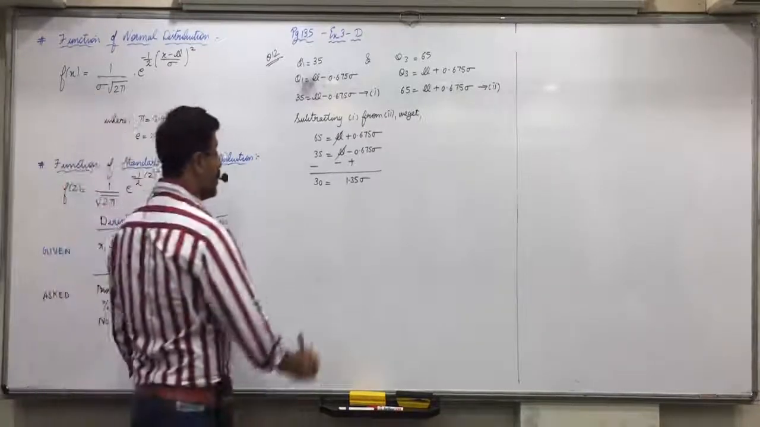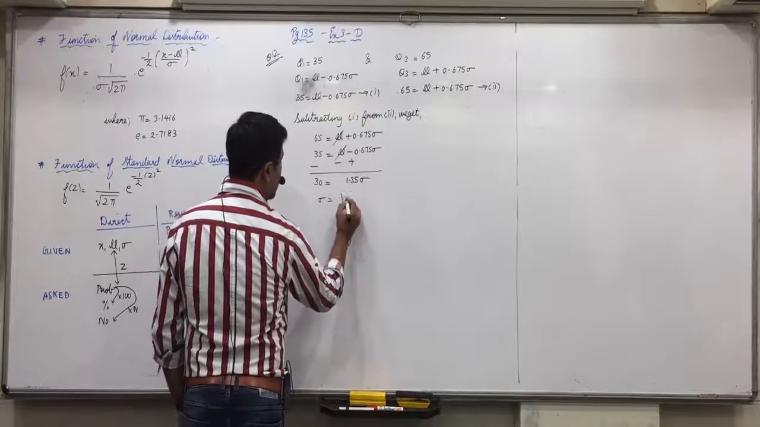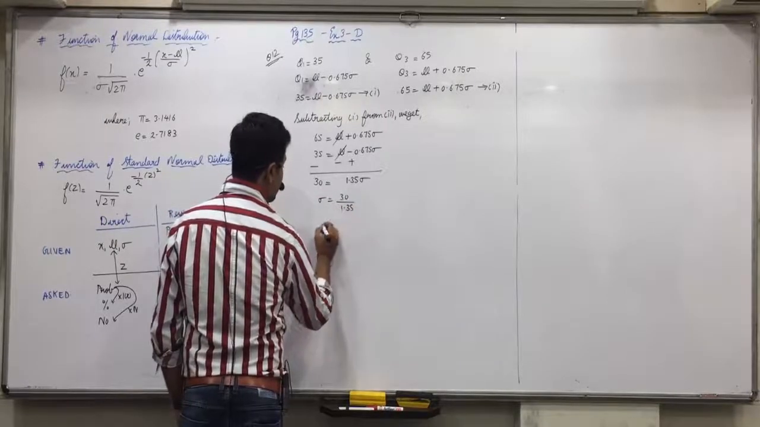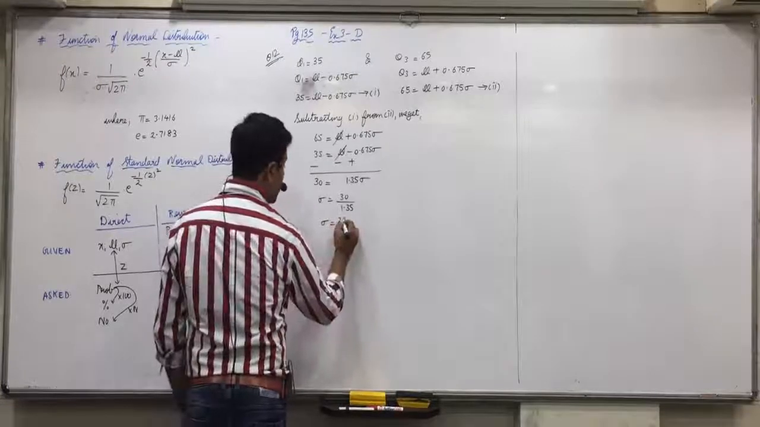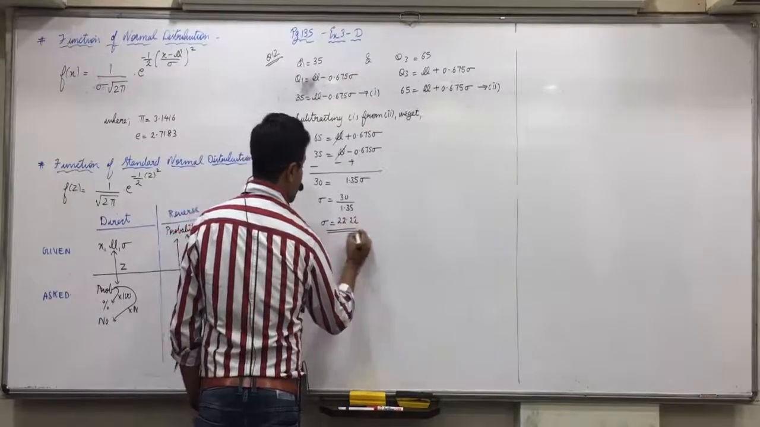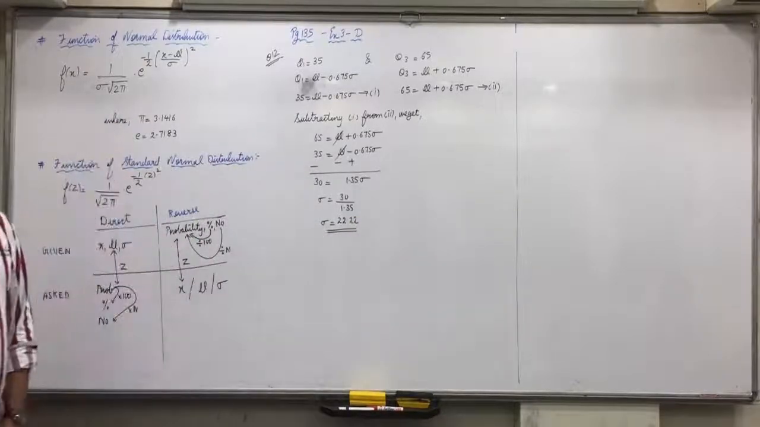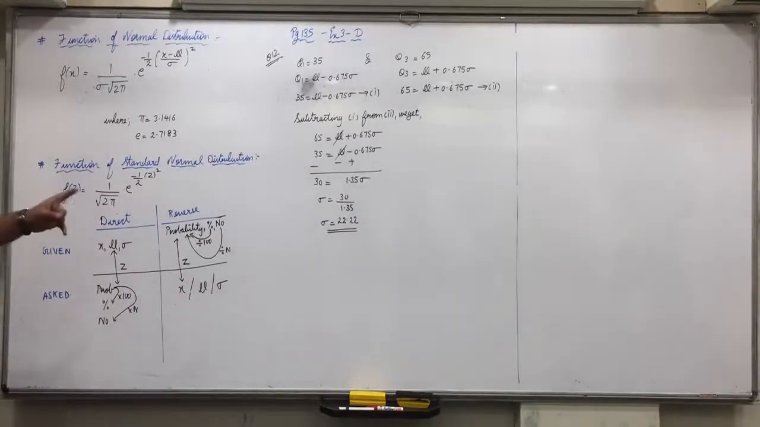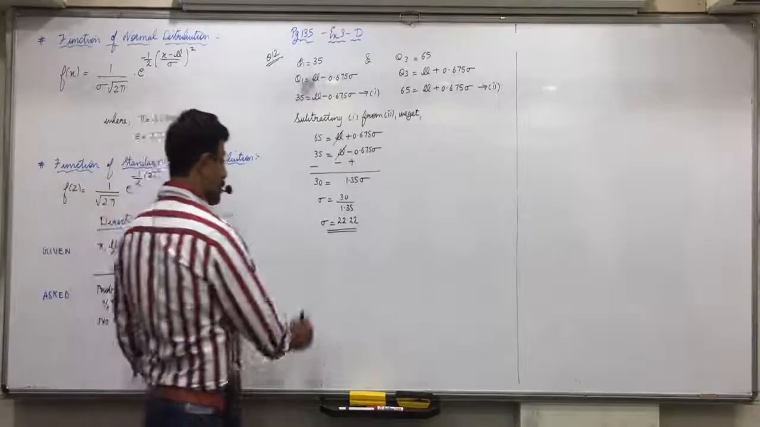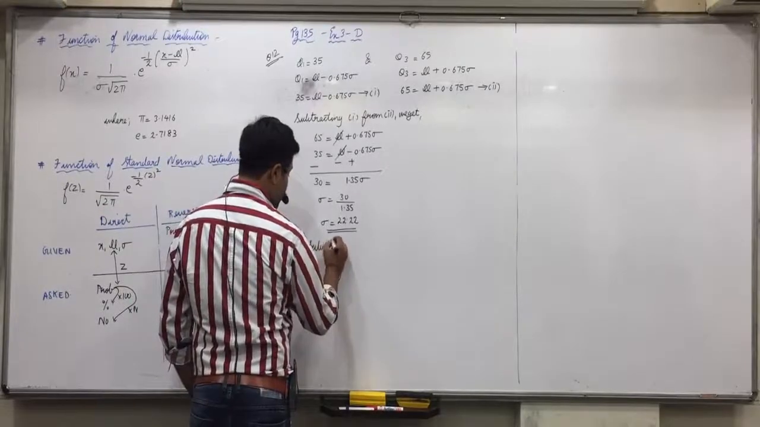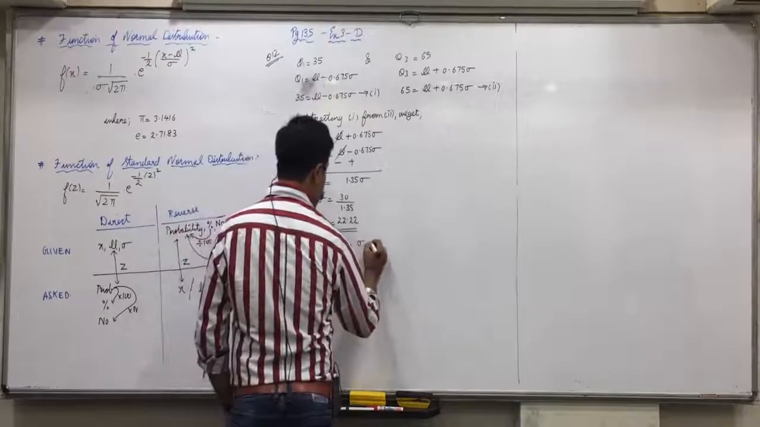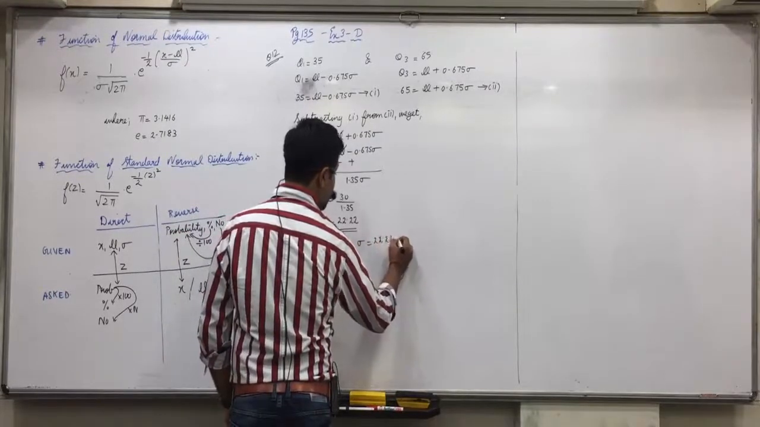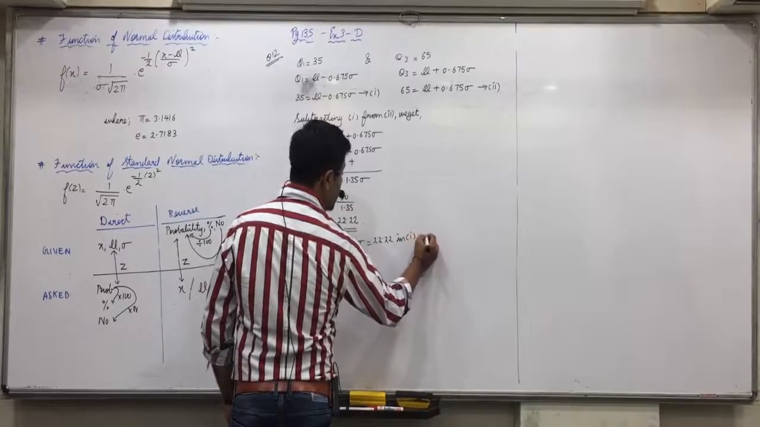Got everyone? Sigma will be 30 divided by 1.35. 22.22. Yes. Any confusion in this? Now this sigma we can put in any one of the equations and find the value of mu. Substituting sigma equals 22.22 in 1, we get